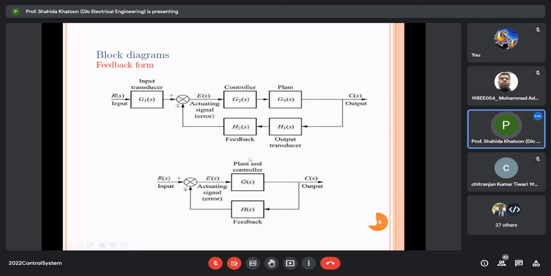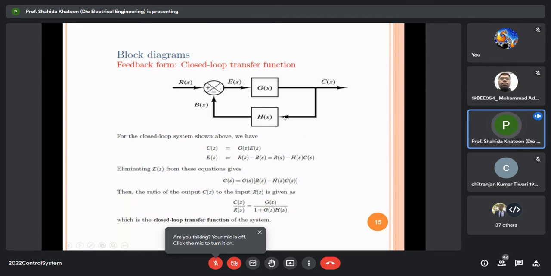Okay, so if you simplify this block diagram into just one block here and one block here, you get a plant and controller in cascade and feedback in cascade, all of them connected in parallel in feedback form. So basically, if you form the feedback form closed loop transfer function, you can see from this diagram